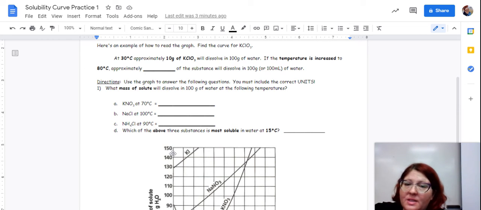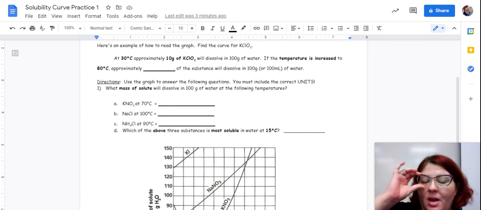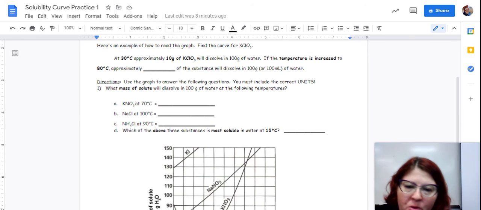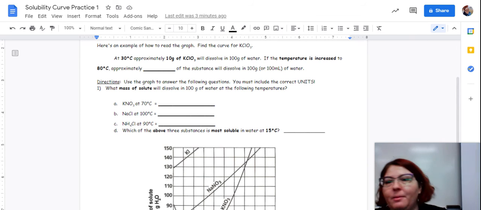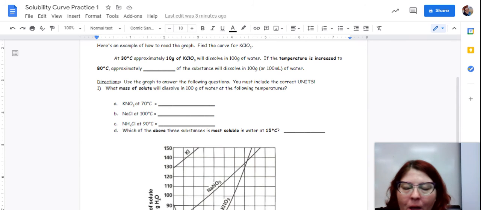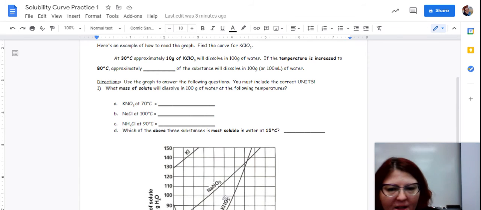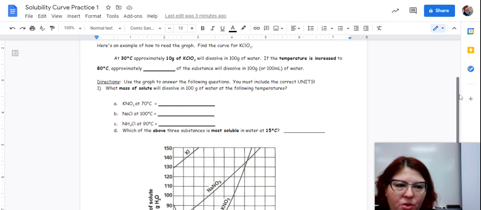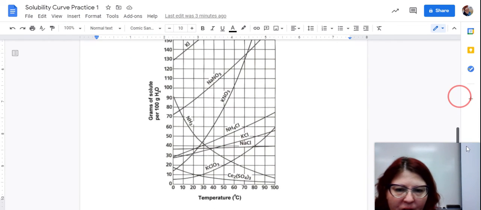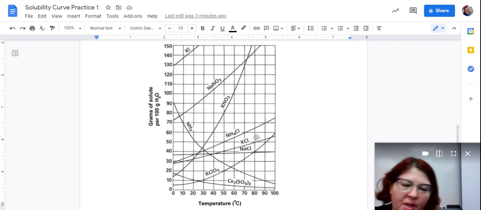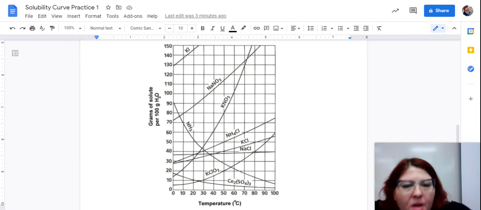I'm stopping there because I want you to mark this up. You can't mark it digitally, I know. If you figure out a way to do that, great. But I need you to print this for yourself if you can. I need you to try this for yourself. I want you to understand what's going on here and be able to read it, because the next part is not just